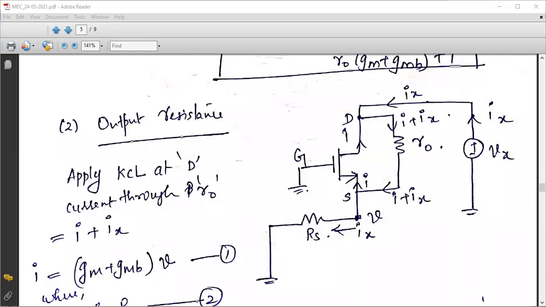I hope the current direction is clear for you. Any doubts with respect to the circuit diagram? Please feel free to ask doubts. Otherwise, it will be complicated for you while studying. So analysis is very important. You have to write each and every step, understand and then write. Don't learn by heart. It will not work out.